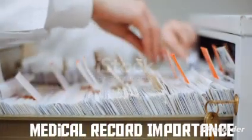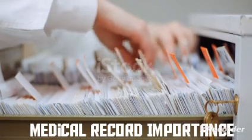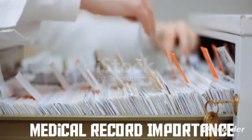By understanding your medical record, you can make informed decisions about your care, detect errors, and improve your overall health outcomes. Don't hesitate to access your medical record and take control of